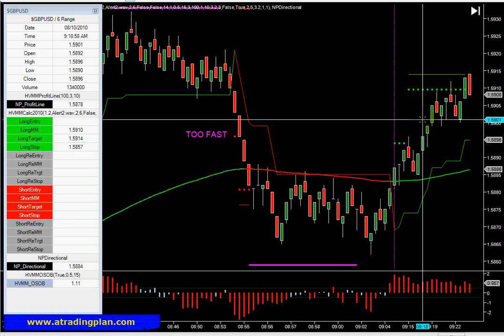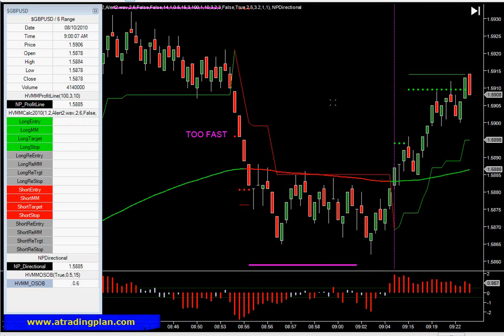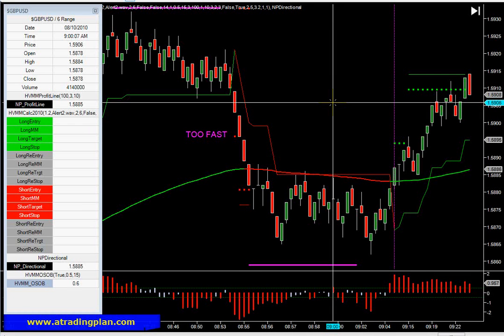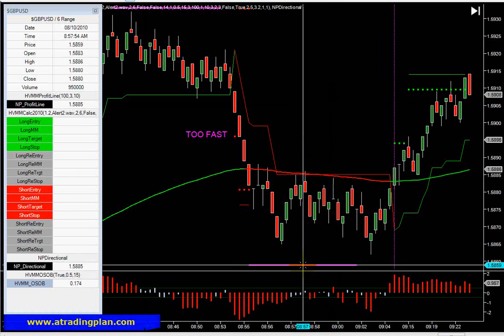And how can you manage this pure price action? Well, simple. Let's say you said, well, I want to be a little bit more in tune with the market. I don't want to just pick a random number to put my stop at. Well, simply what you could do is this. I'm going to use this line here. Anyway, this is a